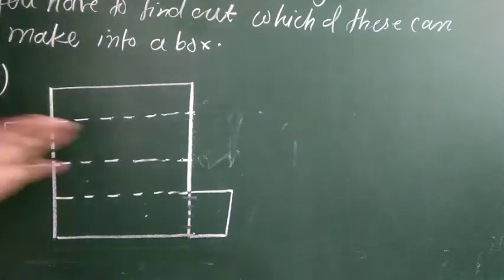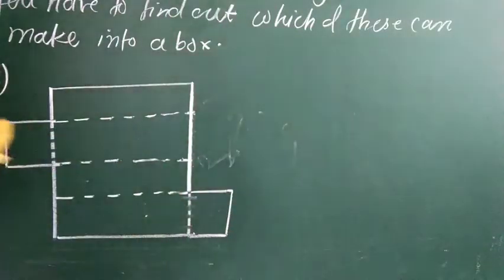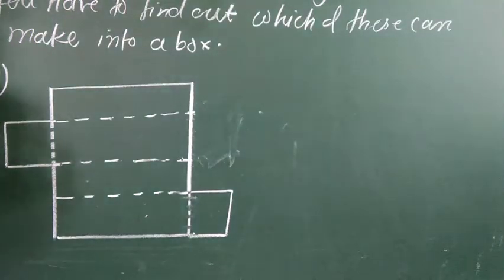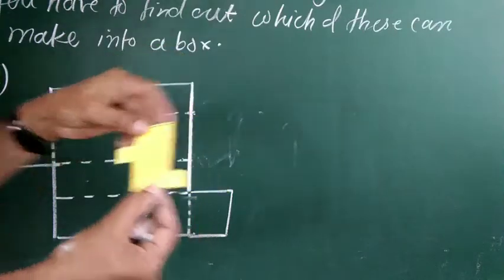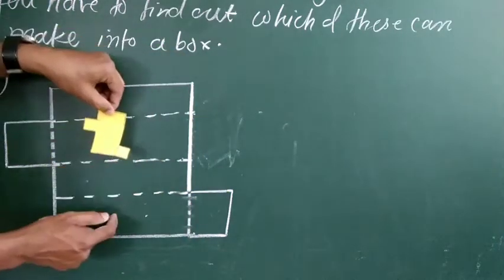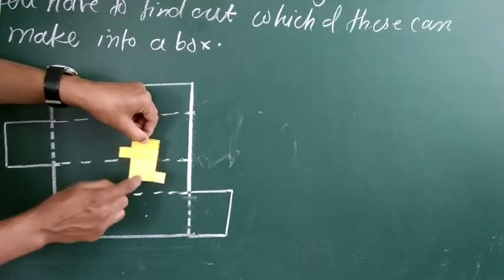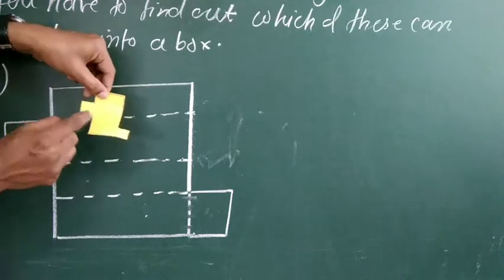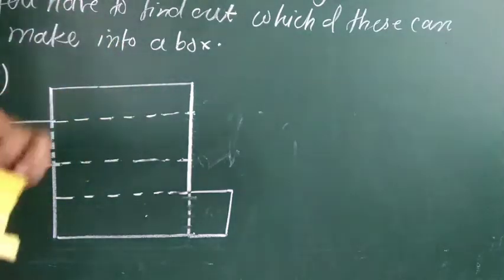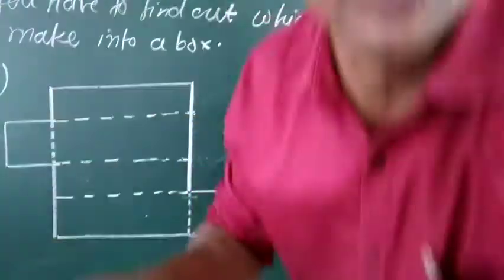Now what we have to do? We have to fold from the dotted line, and then we have to check whether this shape changes, folds into a box or not. So see, this is one sample here. It is like this only. इस डिजाइन की तरह है बेटा. देखिए, this shape, this face, this 1, 2, 3, 4, 5, 6 faces like this, and these are dotted lines. Now what we have to do? We have to check by folding whether it changes into a box or not.